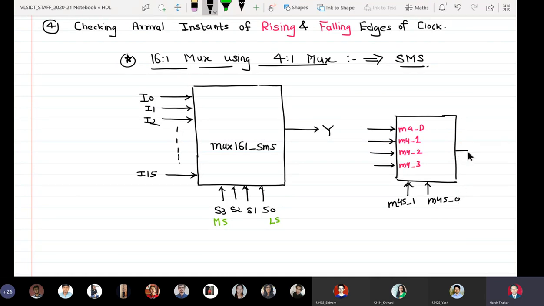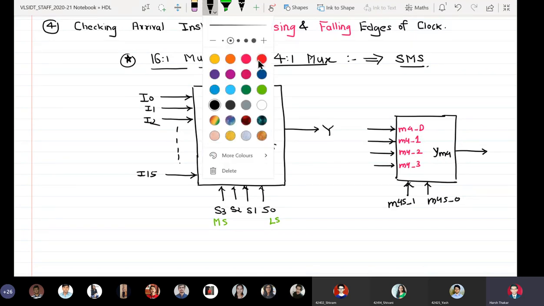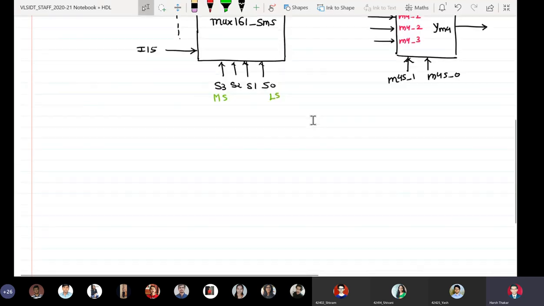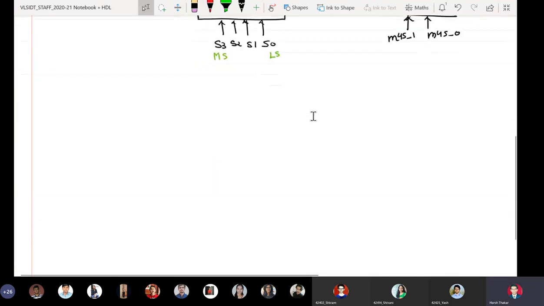Okay, and the output we can say is YM4. And the name of this entity we can keep as mux41. So mux41 is our component or child entity. It has four inputs, two select lines, and there is output YM4. Now we are going to express this 16:1 using 4:1 mux.